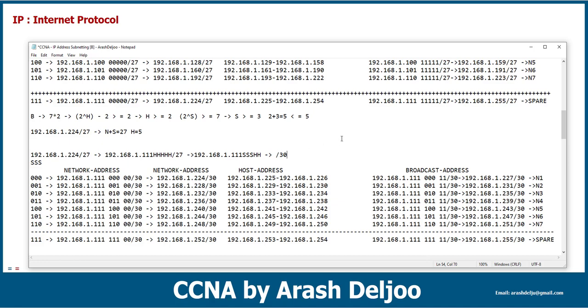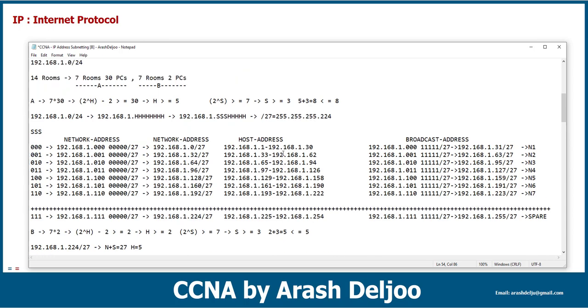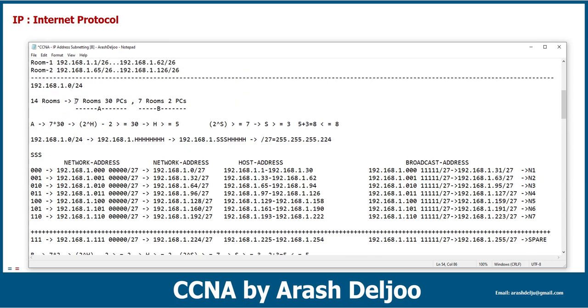We use /30 as the subnet mask. /30 means 255.255.255.252. This means that in this scenario, now we have two types of networks. The first type of network, for the 7 rooms that have 30 PCs, has this subnet mask